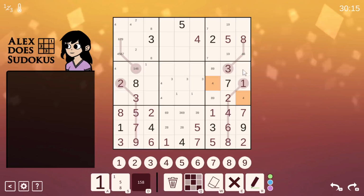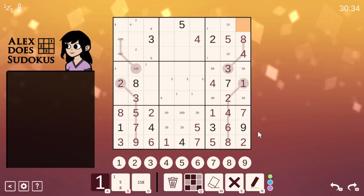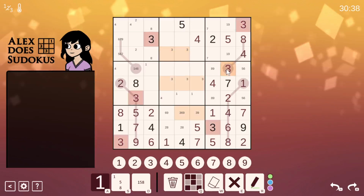5, I guess 5s can go in all the cells, 4, 5 and 6, but 6 can't be next to a 7, so these are pointed 6s, that means there has to be a 4 then, which means this is a 4. I've got a 5, 6 pair there, which unlocks the 3, so got a pair of 3s over there,